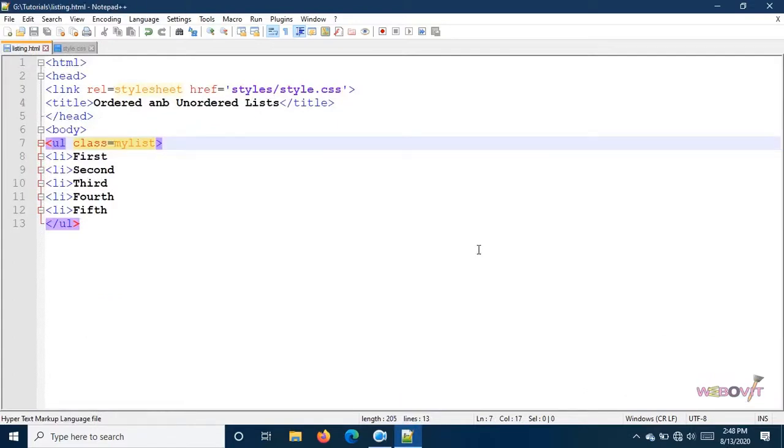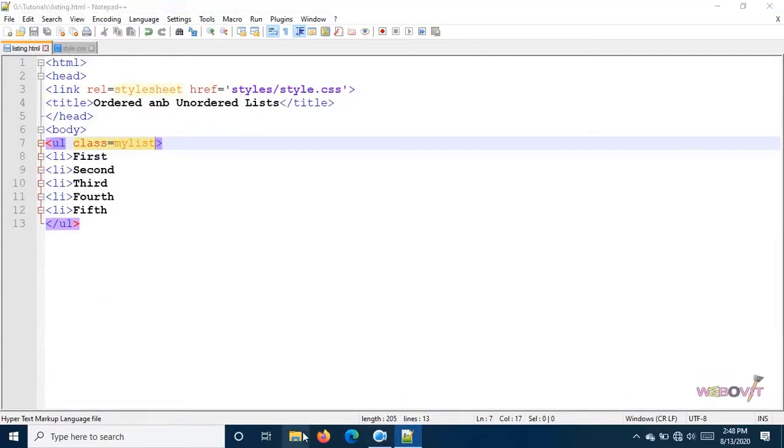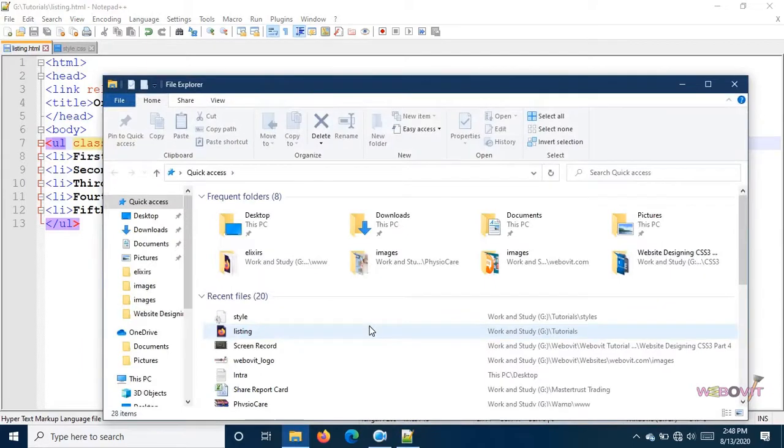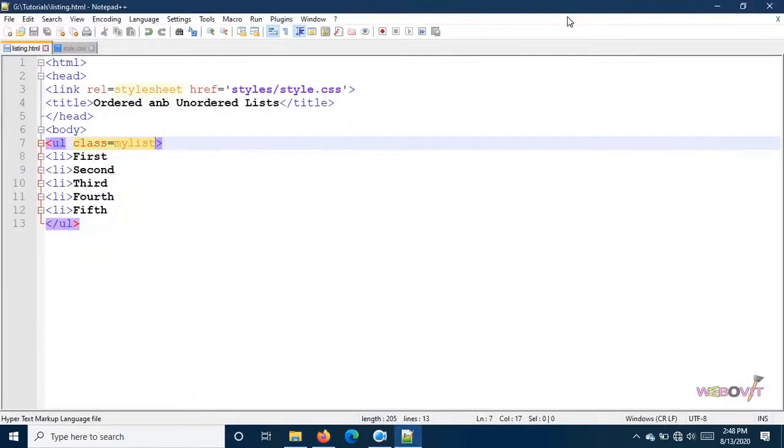What we will do is first show you a preview of this file, how the default looks without any styles applied. So disc is the default one which we can see in our preview. So we will preview in the browser. Now we will give some style first using a class, then we will apply the styles directly through the element.